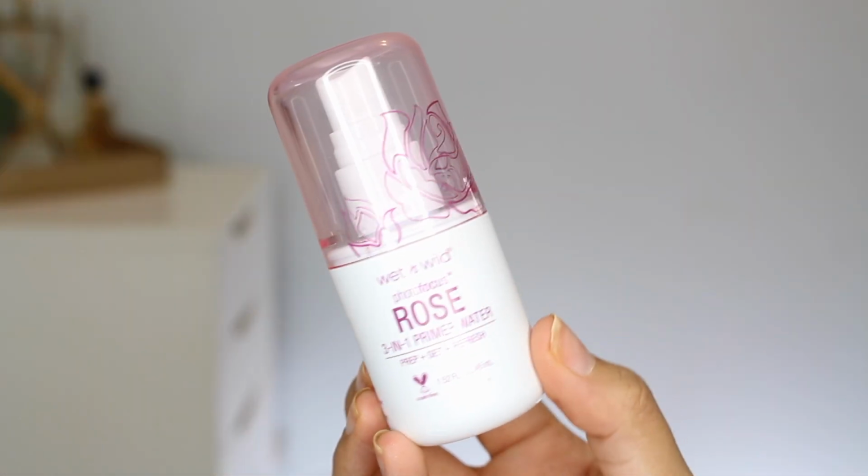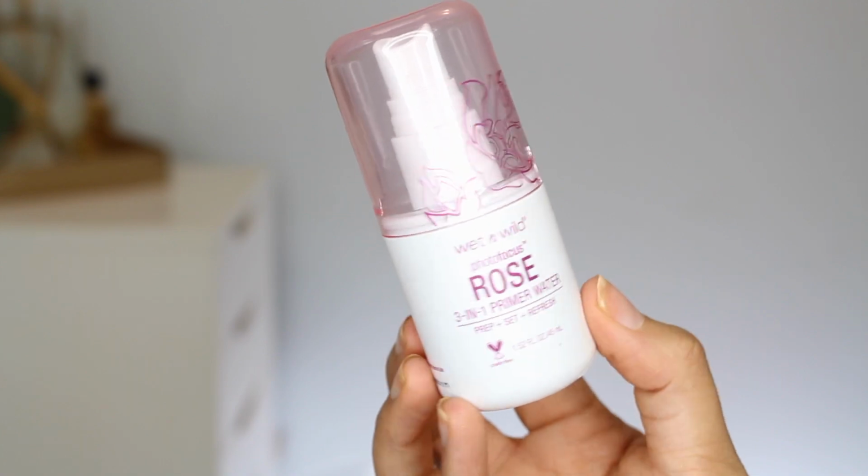A product that I've talked about a lot and I really love is the Wet n Wild Photo Focus Rose 3-in-1 Primer Water. I've talked about this in many favorites videos, but